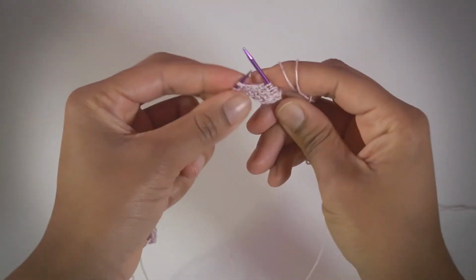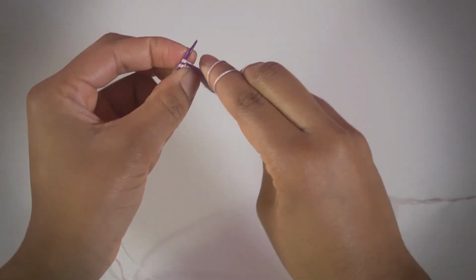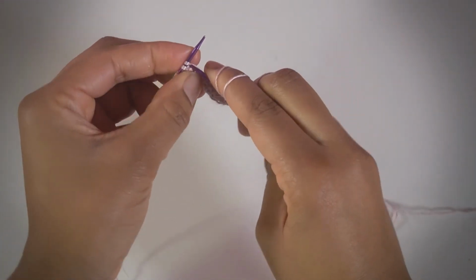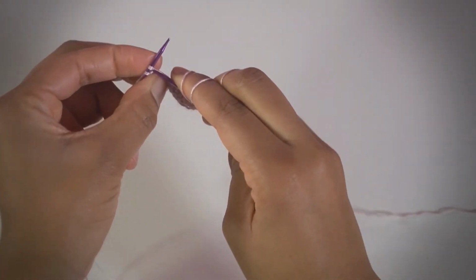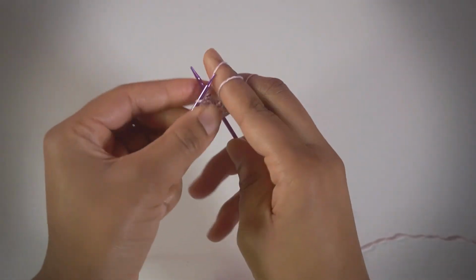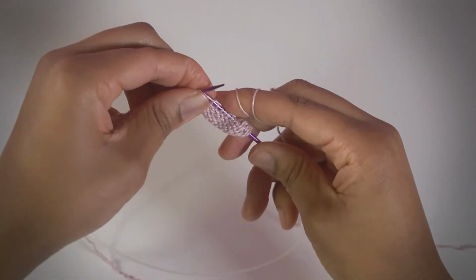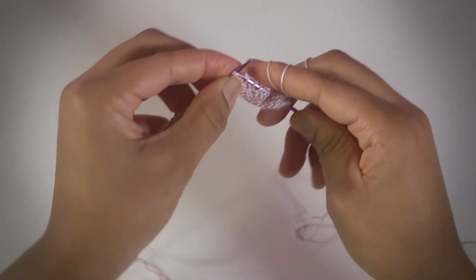And what I saw one woman doing is she actually, when she inserts the right hook, she curves it down like that. And I'll include a link to her video because she's been doing it for years and it's better than mine, but I feel like I'm able to work down